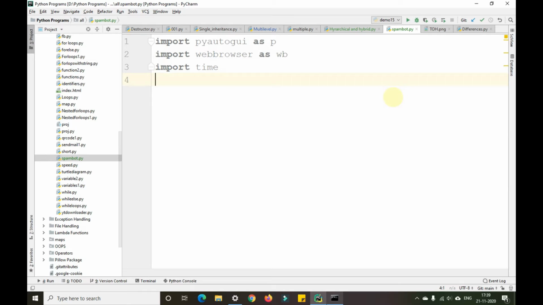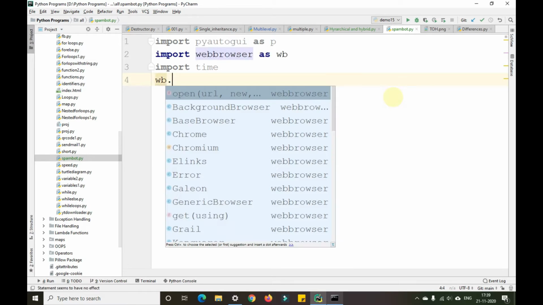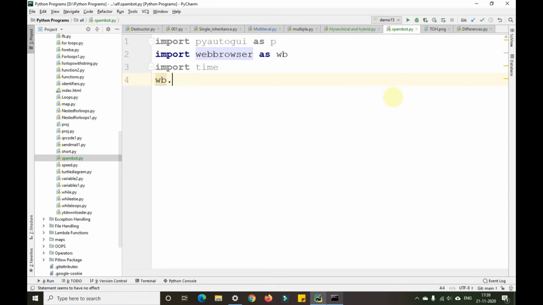So now with the help of the web browser, I'll open web.whatsapp.com. Since we are spamming through WhatsApp, I'll open WhatsApp there.